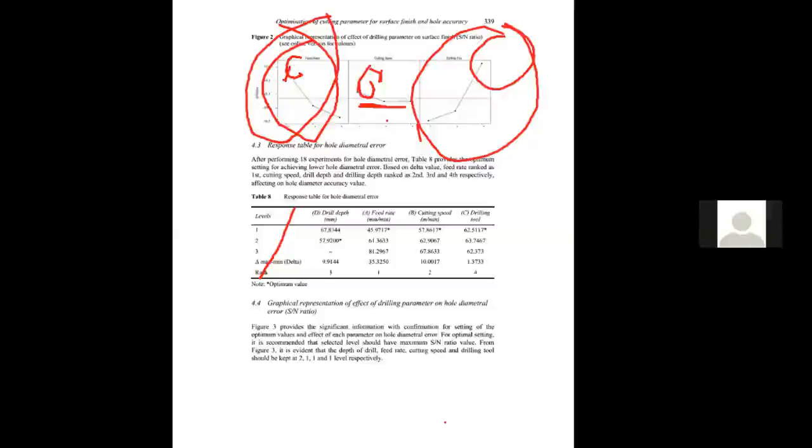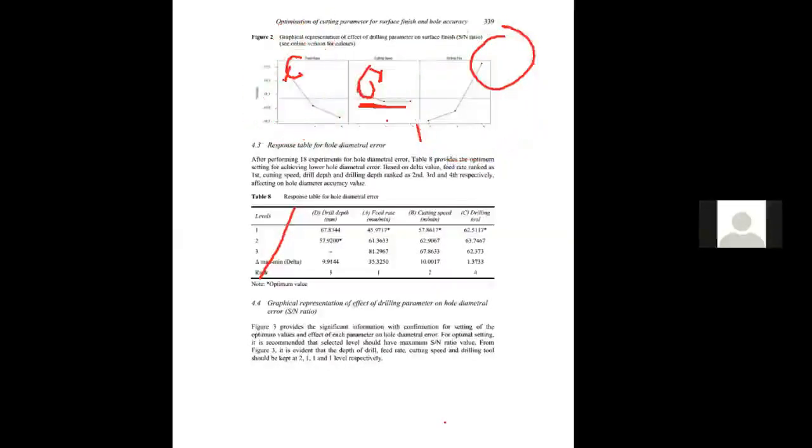But here again the question is unanswered: which factor is more significant? Here we have come to know what the level of each factor should be. But out of these factors, cutting speed, feed, depth of cut, type of tool, which factor is playing the more significant role? It is like making tea: which ingredient is more significant? Then I will come to know, yes, a particular tea powder is more significant for a good taste of tea.